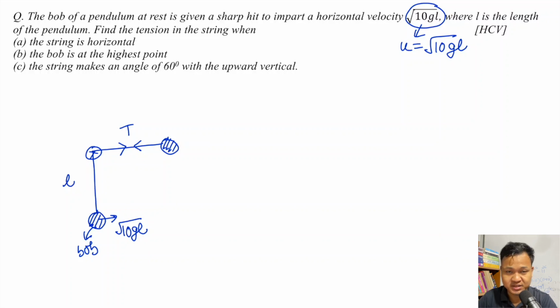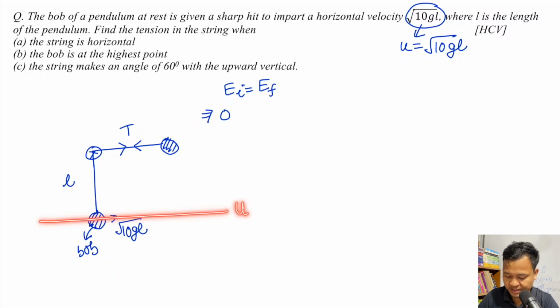Okay. First energy conservation. So E initial energy equals to final. So here initial energy, potential energy is 0. Okay, as it is at this level. We are assuming that this is 0. Potential energy is 0. Plus initial kinetic energy is half m into root 10 ZL whole square, that is 10 ZL. Okay, so equals to